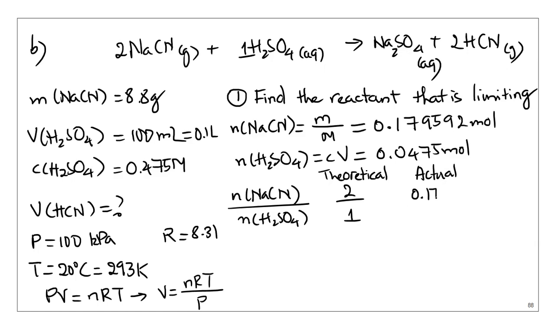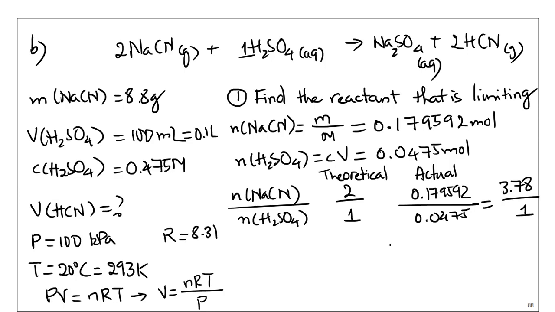So I have 0.179592 over 0.0475. Now, if you want to actually make a comparison, you're probably better off. Maybe I got that wrong actually. I don't know what I'm saying. 0.0475. Don't worry. So this is 3.78